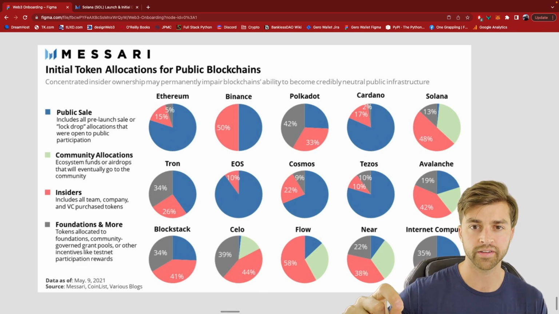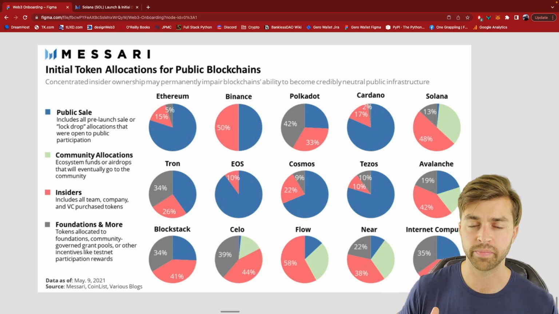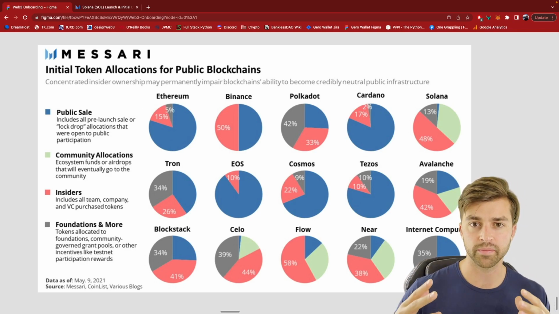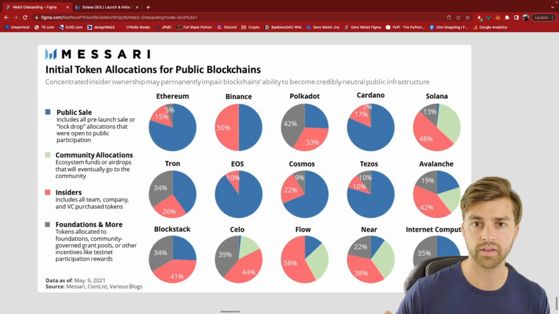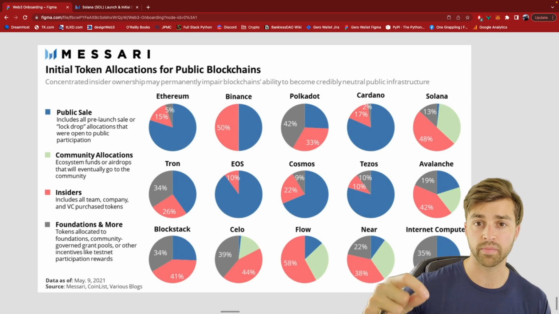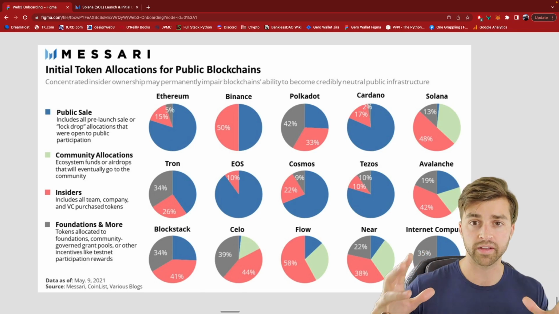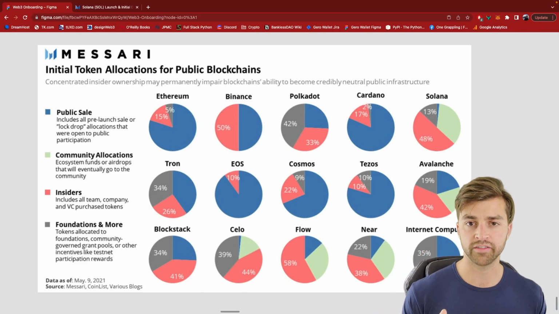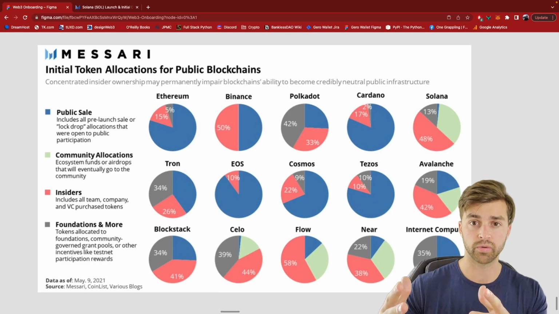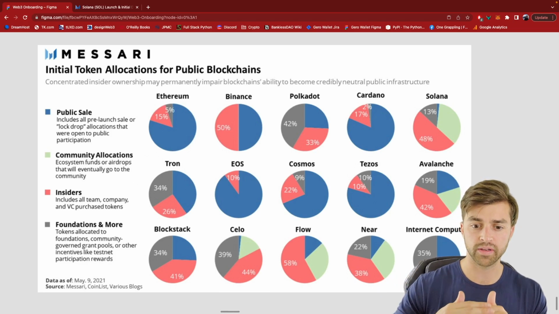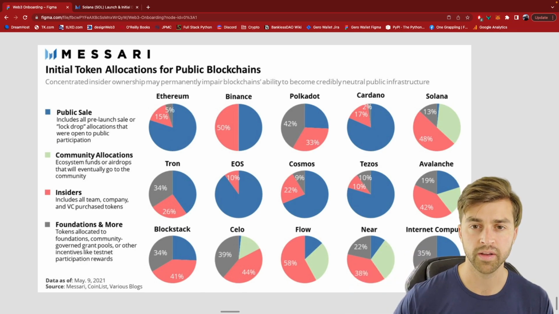I do want to mention an alternative to a crowd sale or to private investing rounds, and this is called a fair launch. And perhaps the best example of a fair launch is Bitcoin. So Bitcoin was created by Satoshi Nakamoto, some anonymous person, in 2009, and ever since then, the protocol has been running, and miners on Bitcoin have been mining the Bitcoin cryptocurrency. There was no pre-allocation of Bitcoin. There was no crowd sale of Bitcoin in the beginning to public or private investors to raise funds for it. It's just the crypto network was developed. It was rolled out for free. Miners started mining Bitcoin, and the supply of Bitcoin grew from there. And this is considered a fair launch.